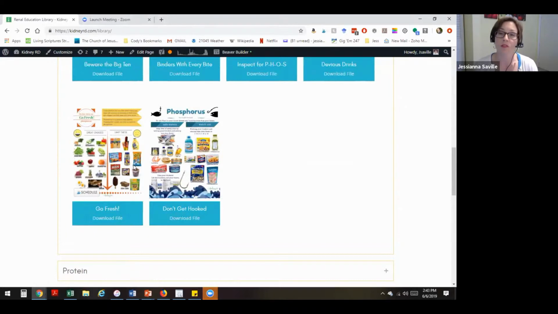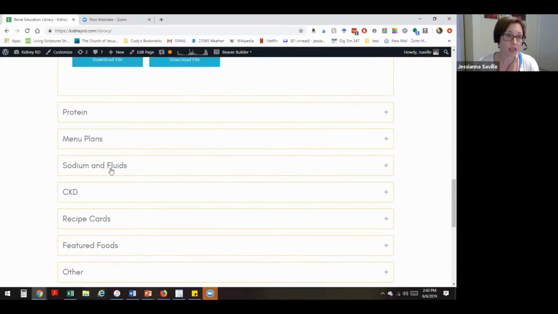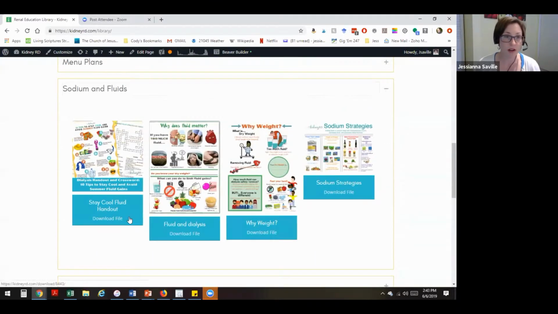We would just hit it from those 5 different angles, and I really felt that made a big impact on my phosphorus levels. Menu plans, they're also included in here. Sodium and fluids is a very hot topic. So we have everything from the summertime, what you do, to why does fluid matter, why does weight matter, and